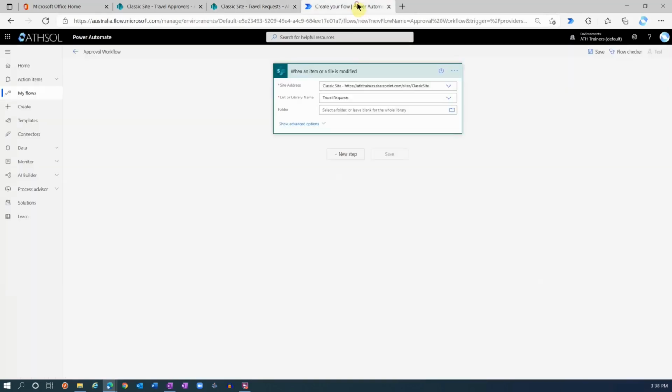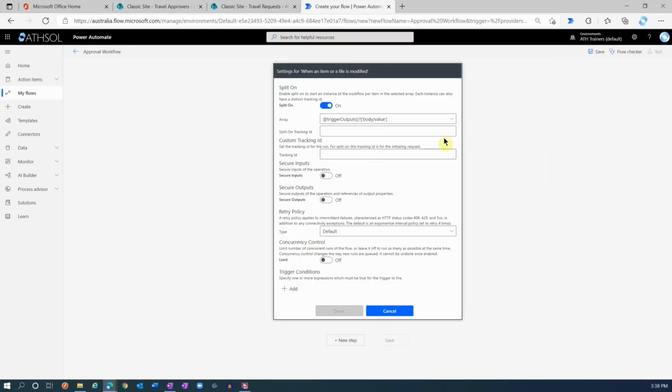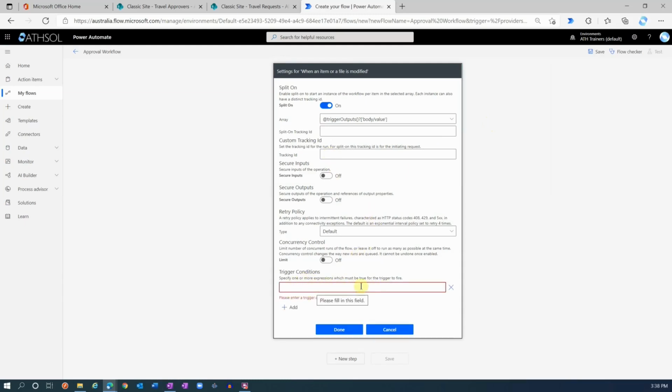So in our approval workflow, we will define a trigger condition for this trigger, in which we want that this should only trigger when the status is not new. Either it's pending or something else, that's fine. But if the status value is new, we do not want this trigger to trigger. So we have the settings option here, and in the settings of the trigger, we can actually add our condition here. Now this condition needs to be in the Power Automate expression format here,